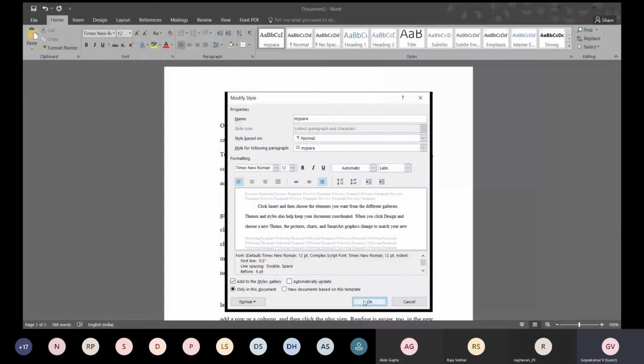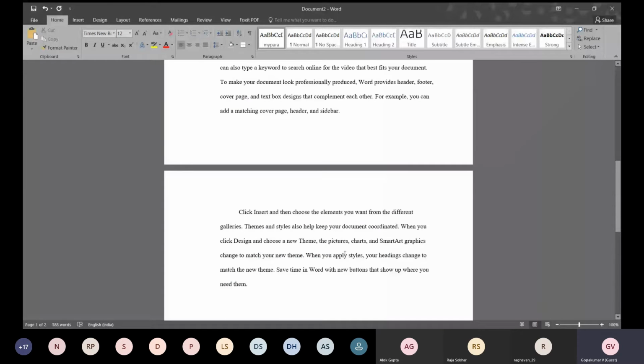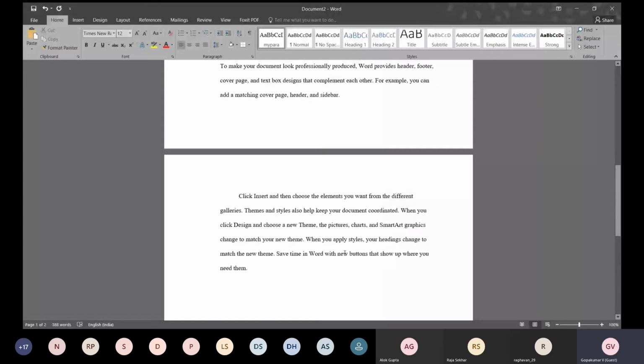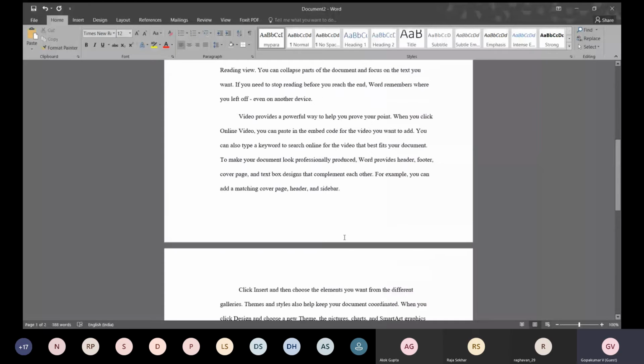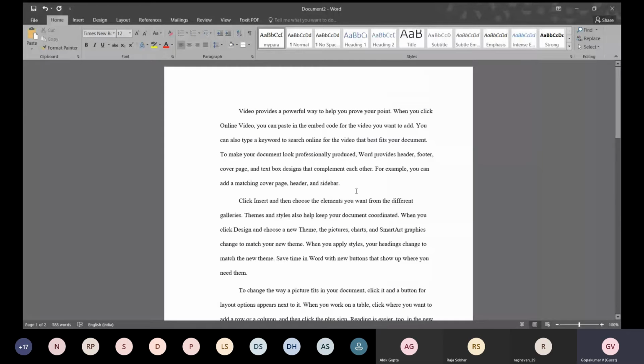All the paragraphs have got changed. So that is the importance of having a style. If you apply the style in all the paragraphs and make a change once, it will get reflected everywhere, all of a sudden. This is very important. That is how I have done it now. So you can see that all the paragraphs have got changed to 2 point. Earlier it was 1.5. So this is the importance of style.